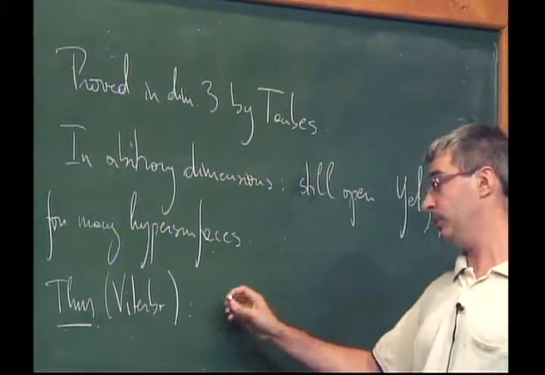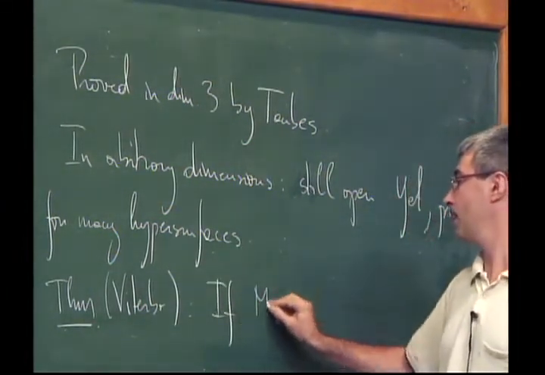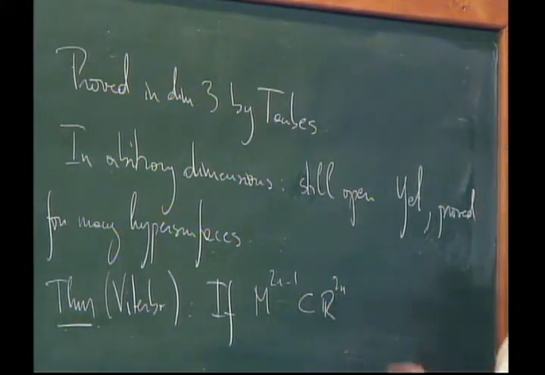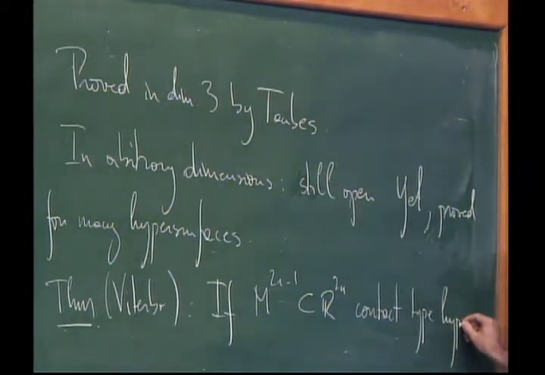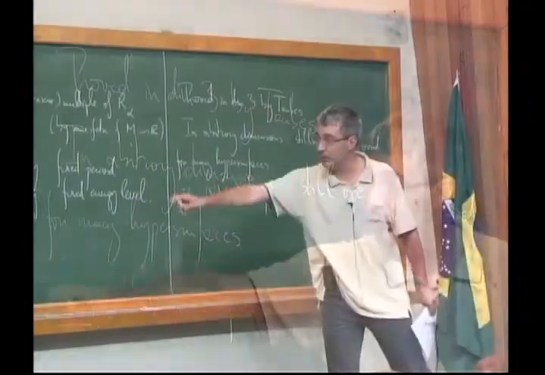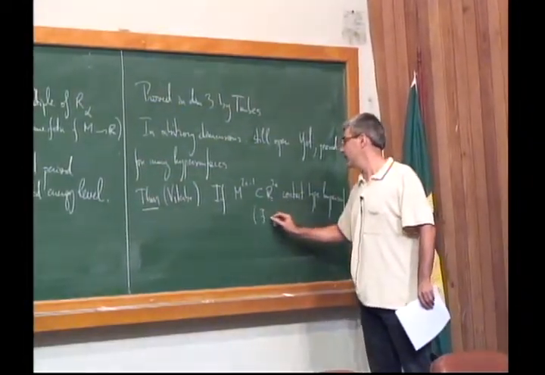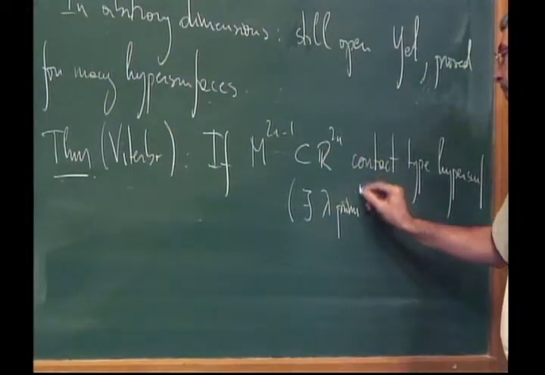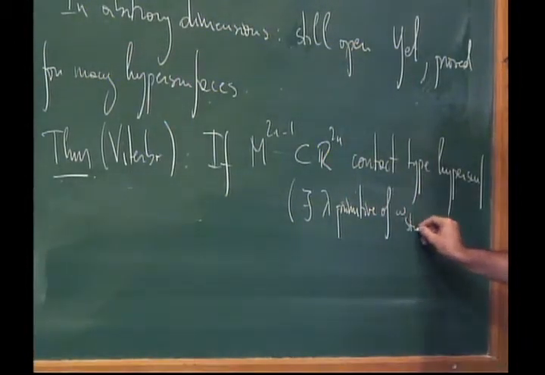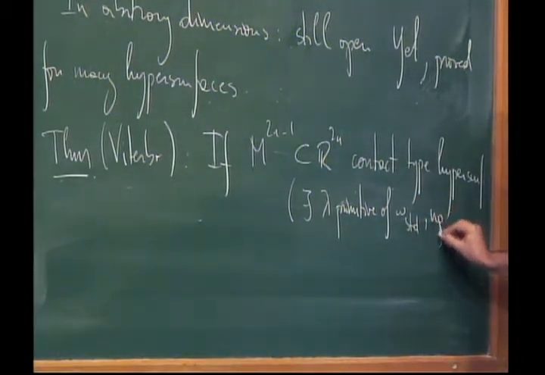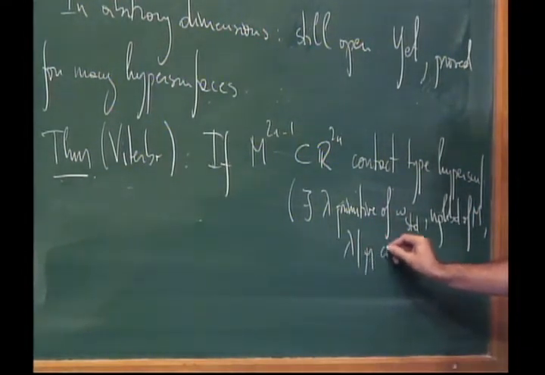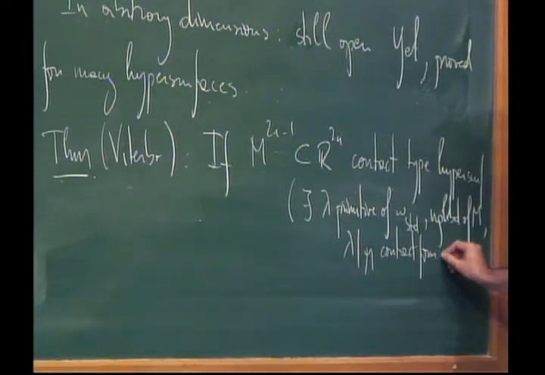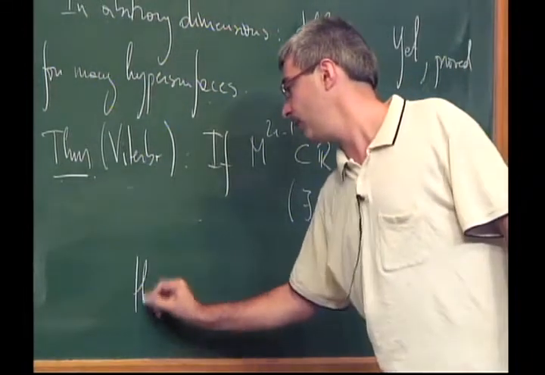who proved that if M in R^2n is a contact type hypersurface, this meaning a slightly more general condition than that of restricted contact type, namely that there exists some primitive lambda of the standard symplectic form, defined in a neighborhood of M, and such that it restricts to a contact form on M,